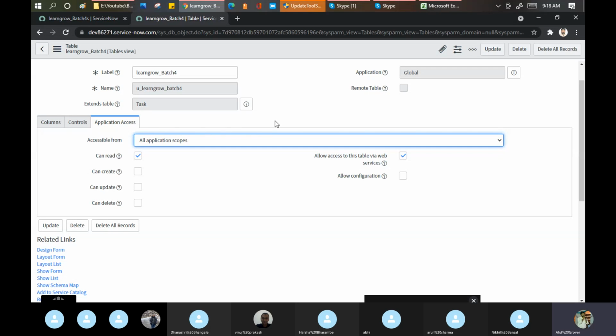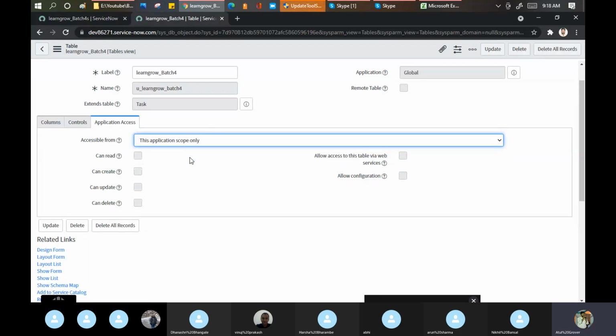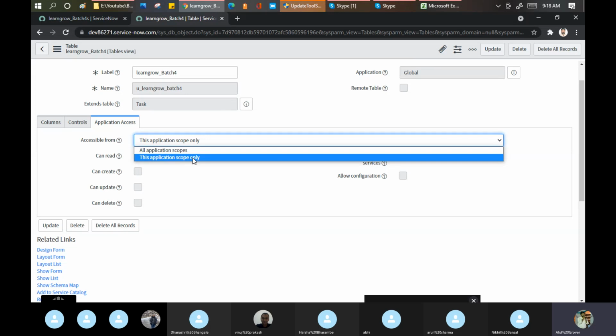So in this way, you can see all application scoping. I'm putting this thing. If only the specific one, that is the global one, that's fine. If tomorrow I want to create a new table and want to use some of the fields of this table in my form, you can use that because you mentioned application scope only. Generally, we use application scope only when I'm creating a specific scope application table. When we do the scoping part, scope custom application, then we will see this part specifically.